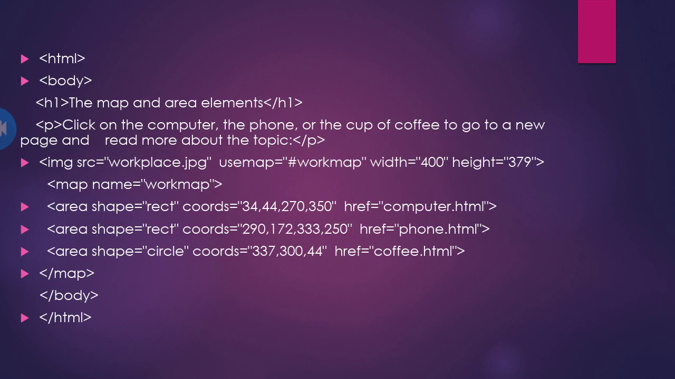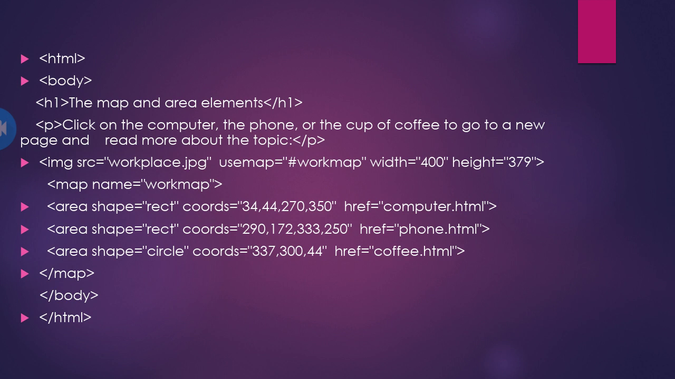In the next line, I write area shape. Area is a tag. Area shape means what shape we are using. Shape is equal to rectangle, and the coordinates I have chosen are 34, 44, 270 and 350. And the next is href is equal to, in double quotes, the value is computer.html, which means when you click on that area, it will display the information regarding the computer.html page, whatever you have stored